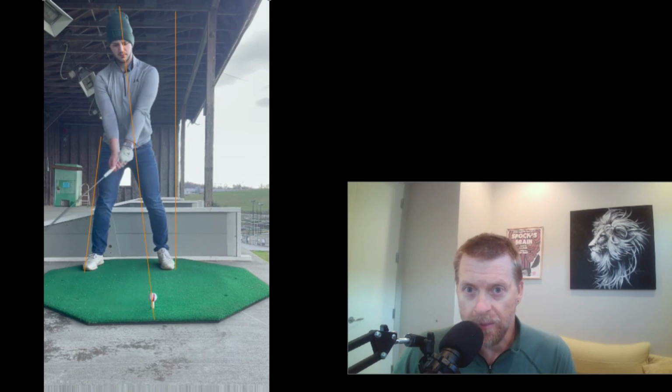As you take that club back, slight bit of disconnection. That right hip in this motion here, you can see that right hip bows over, and all of a sudden you have kind of like a C looking position where your upper body's bowing this way. You can develop a lot of power like this, and you can develop a lot of power into the golf ball, but the consistency of power becomes an issue because now that club face is pretty shut at the top of the swing,